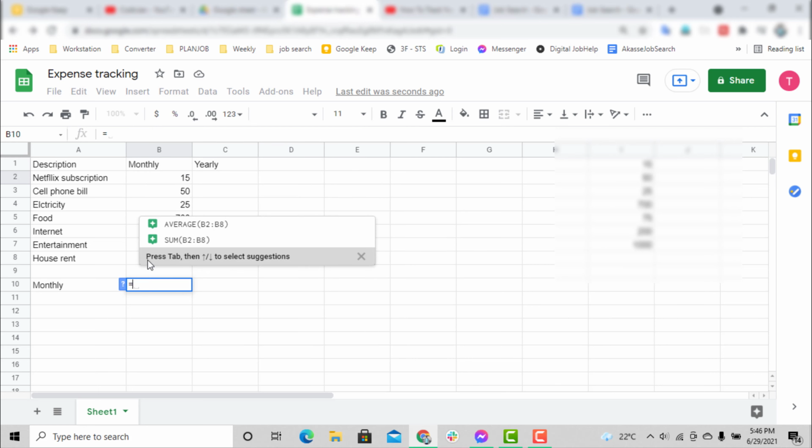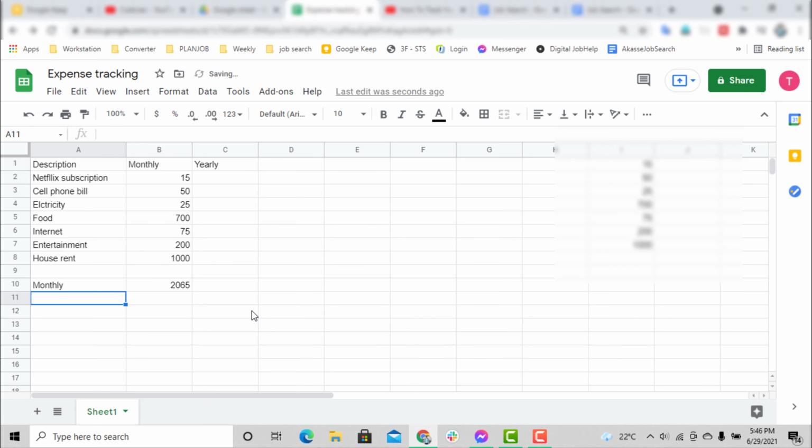One is just take everything one after another. Other than that, you can use this option. So here it comes directly. Just choose this option and enter. So 2065 is your monthly expense,